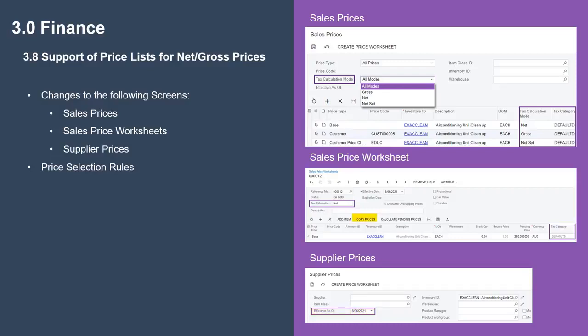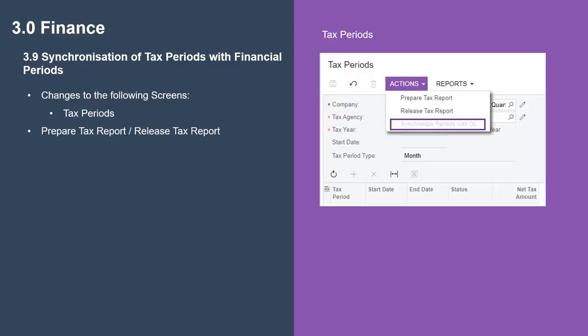On the Supplier Price worksheets, when Copy Prices is selected on the toolbar, the system copies only the prices that have a tax calculation mode selected in the worksheet. The priority of prices copied by default to a document has not been changed, but where the Net Gross Entry Mode feature has been enabled, the system selects prices based on those that are not set or match the tax calculation mode setting. Where a user-defined change has been made to the financial calendar, you can now synchronize tax periods